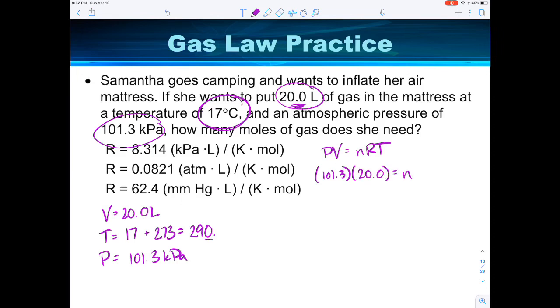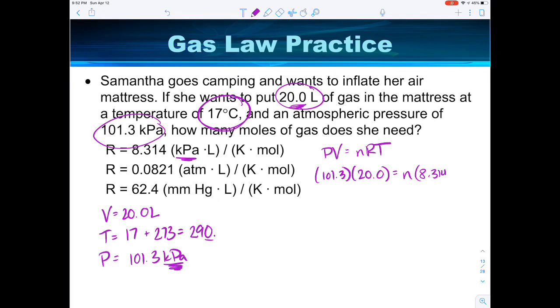Okay, our unknown is n. Our R, we want to pick the R that corresponds to our pressure unit, which in this case is kPa. So we're going to pick this R, 8.314, and then we're going to multiply by our temperature, which was in Kelvin, 290. Most of these numbers have 3 sig figs at any rate. The one with the fewest has 3 sig figs. So we will get,